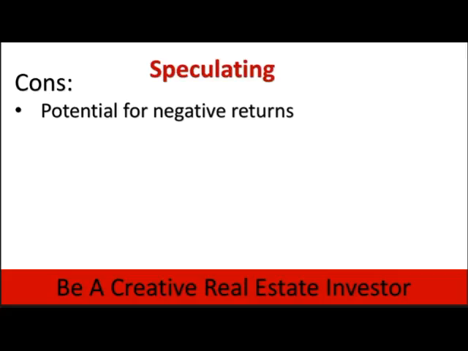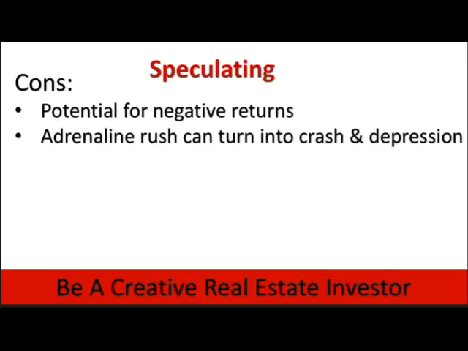Unlike the stock market, where volatility is very sudden, it can drop a massive percentage, 20, 30% overnight, but it can also regain that percentage over the course of a day, 2 days, or a month. Real estate reacts much more slowly than that. So it could take several years before the real estate market rebounds back to where the property value was when it started that decline. The adrenaline rush can be great, but it can also cause you to experience that crash and the depression then. So what goes up comes down.